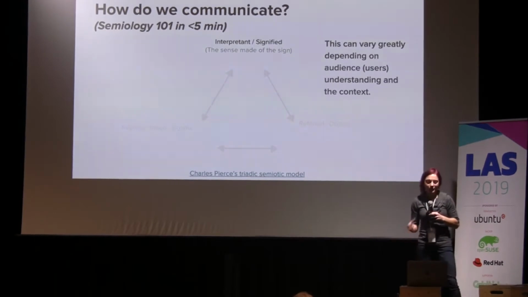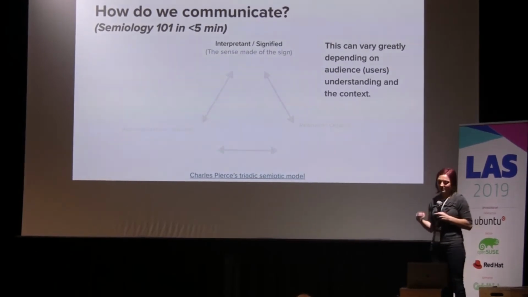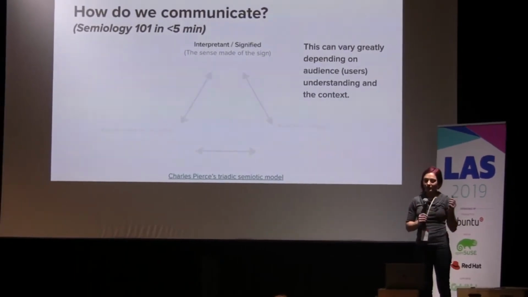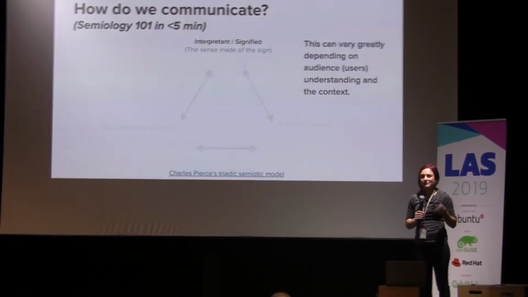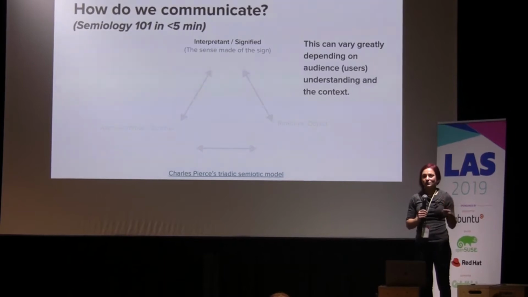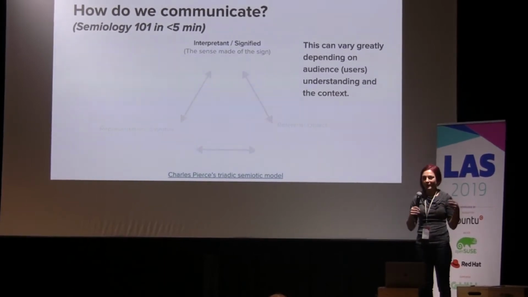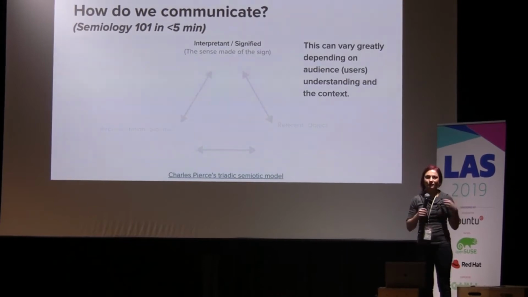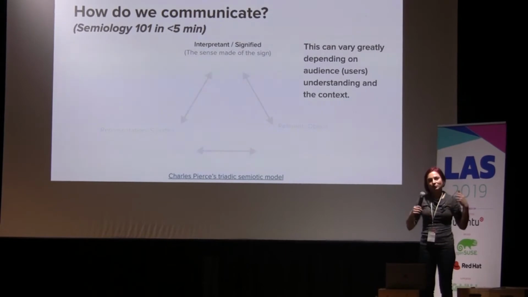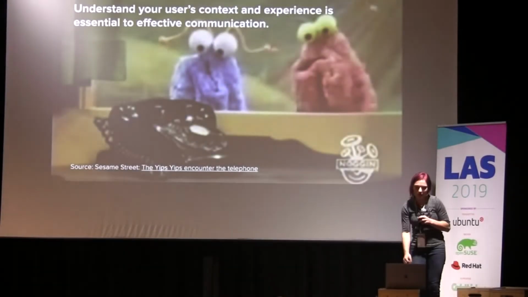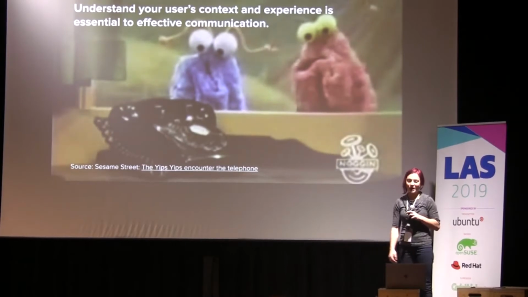So I really think a lot, when I'm going through this process, about this particular part of the triangle, the interpretant or the signified. This is the context, this is the user, this is their understanding, this is the world in which they're operating, in which your experience is going to be perceived. So yeah, understanding a user's context and experience is